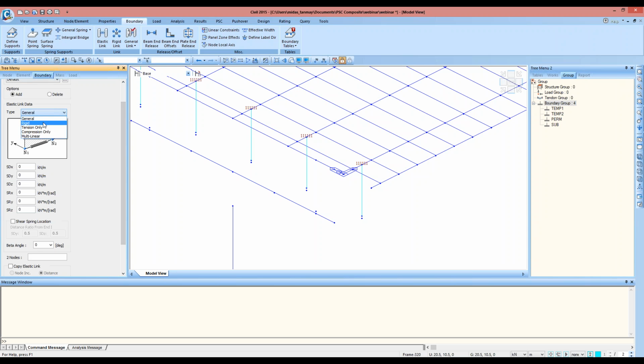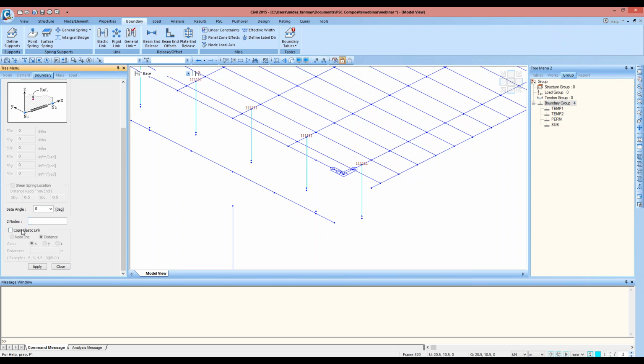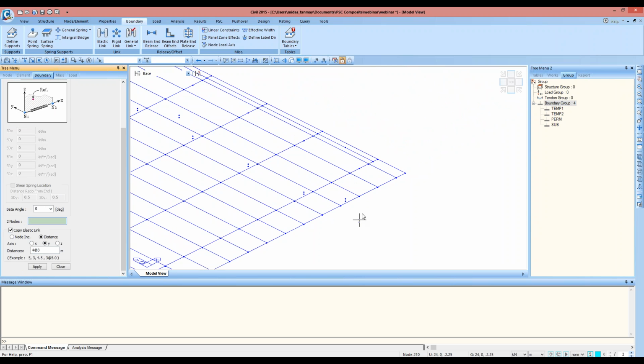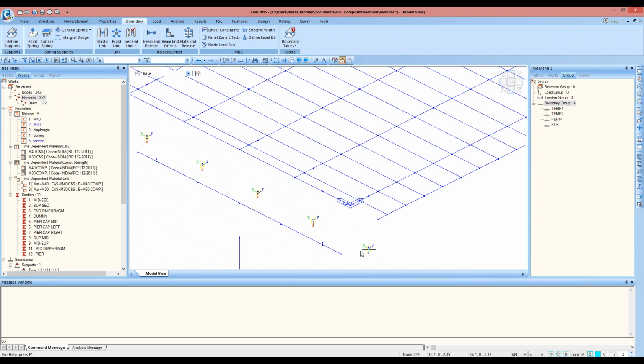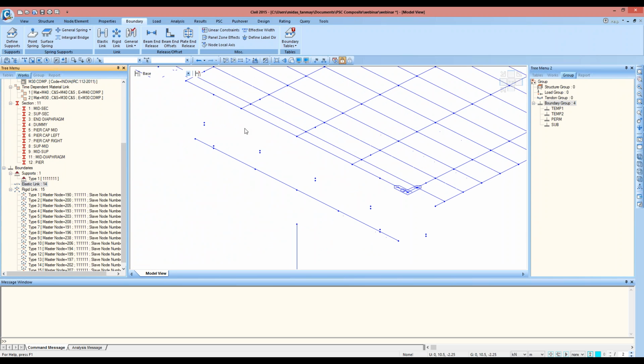I'll select the rigid type elastic link, and in the boundary group temporary 2, I'll use this option, copy elastic link 4 @ 3 meters. Select the two nodes, this and this, and the same for here also, this and this. And now I'll add the supports at the bottom nodes to simulate the simply supported condition here. So for doing that, I'll just undisplay the elastic links and select the bottom nodes, and